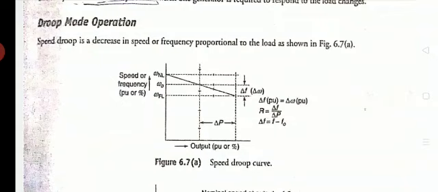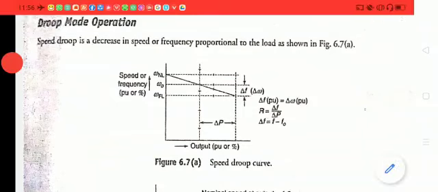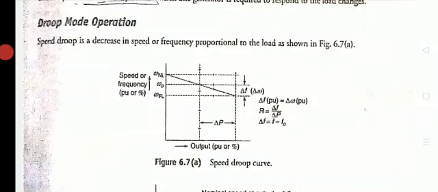You check from the graph, WNL, that is the no load speed, the reference, and the full load speed also. From no load to full load, see the curve. How the frequency is going to vary, or how the speed is drooping or reducing from no load to full load, you can observe it is a droop. That is called a droop. The slope kind of reduction we are observing is called a droop.